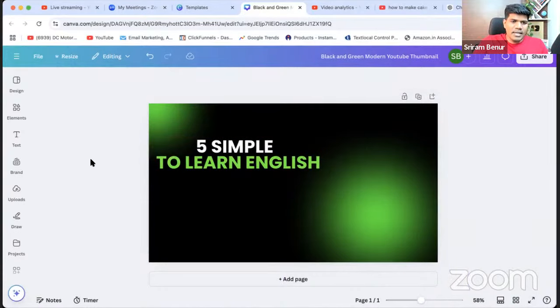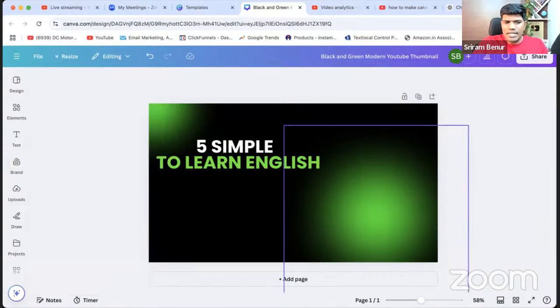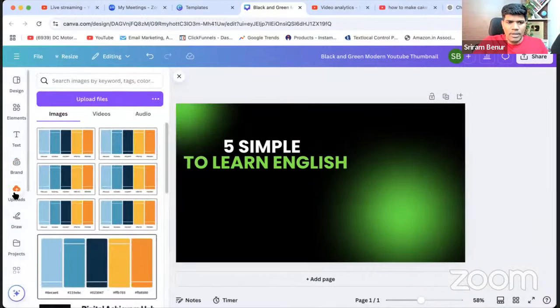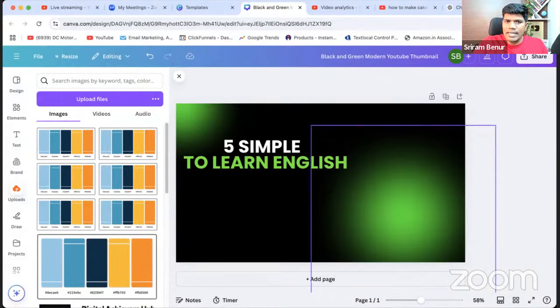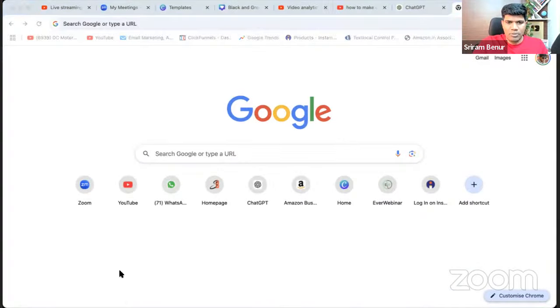Again, there is a lot of space here. You can add your personal image here as well. You can go to the upload button here and upload your image. Or note, if you are in the paid version of Canva, you can remove the background directly here. If not, say for example, I'm going to use this image.